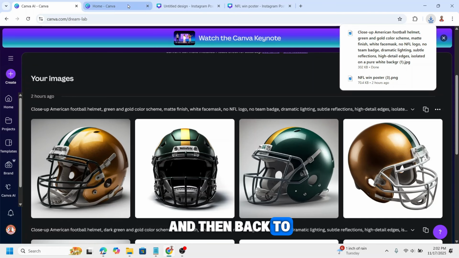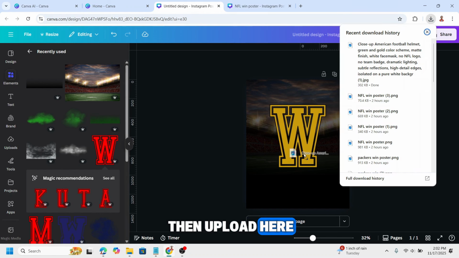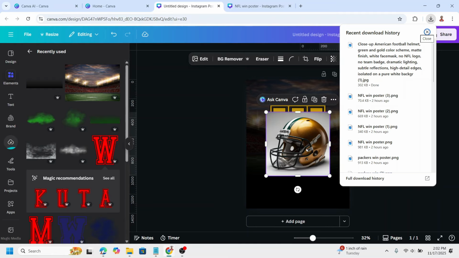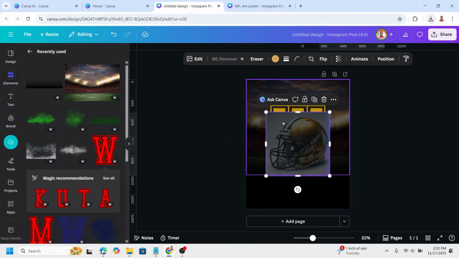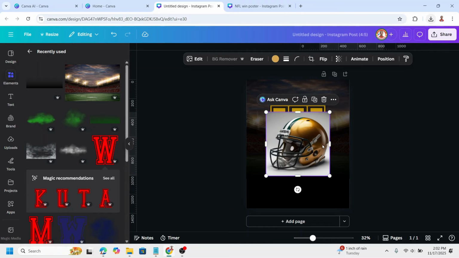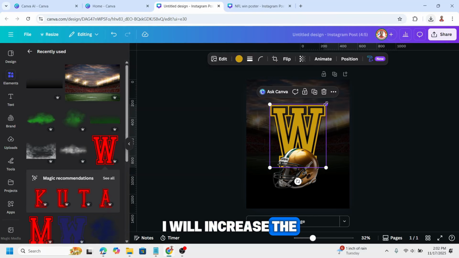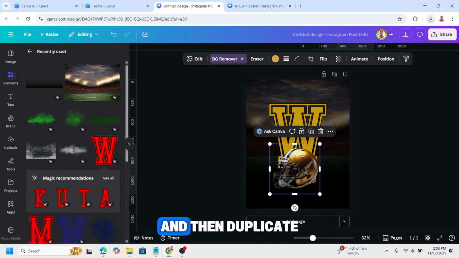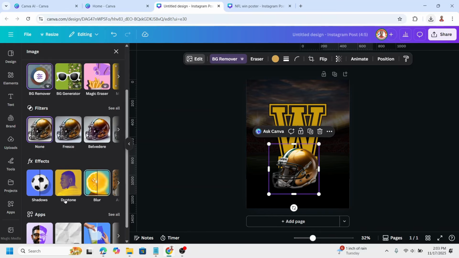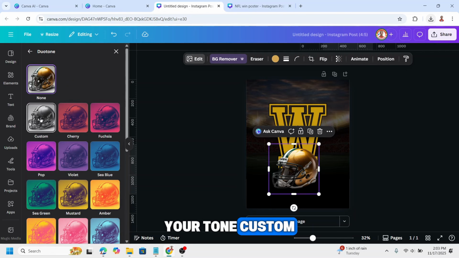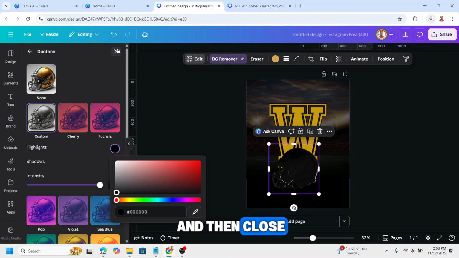And then back to our page and then upload here. And remove the background. All right, and then place it here. I will increase the size of the W and then duplicate, edit, dual tone, custom, change highlight to black, and then close,